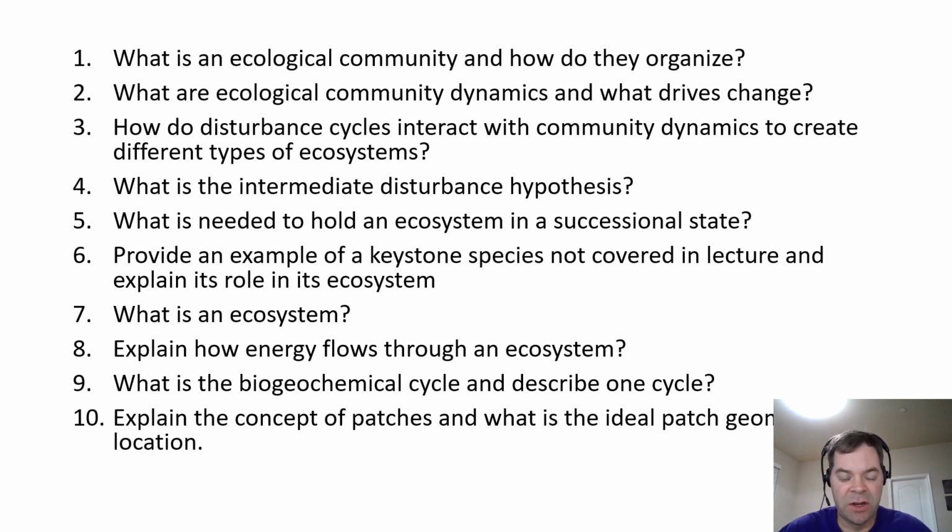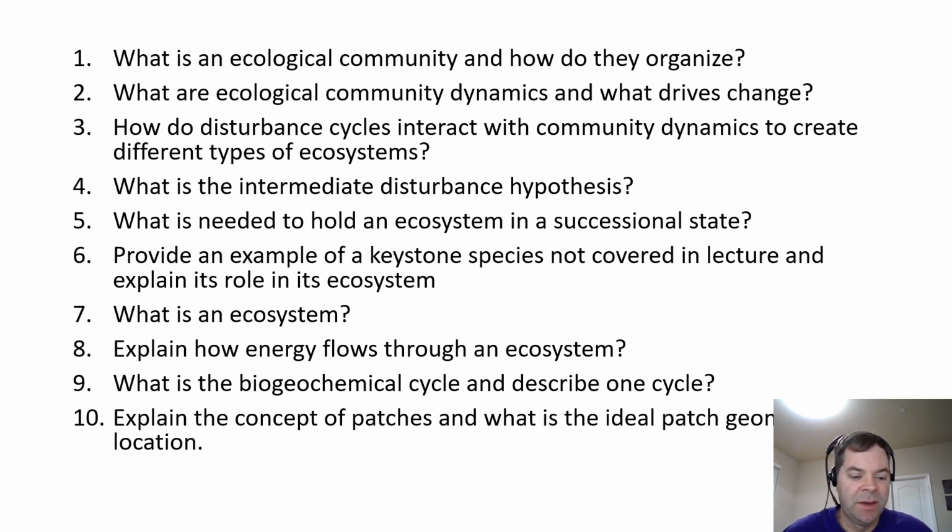And this is because the intermediate disturbance creates various stages of succession in the habitat and creates various habitats which can support a higher diversity of species. And a continuous or routine disturbance is needed to hold an ecosystem in a successional state, i.e. fire. Fire is needed for the longleaf pine habitat community,